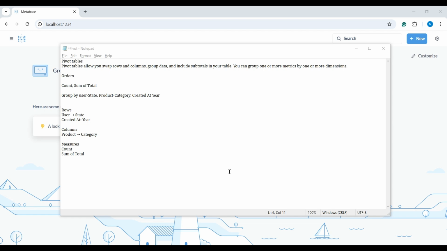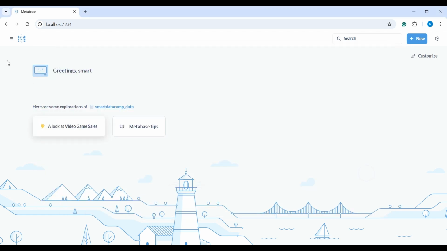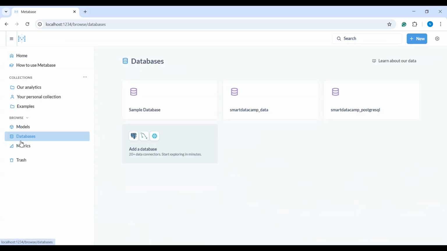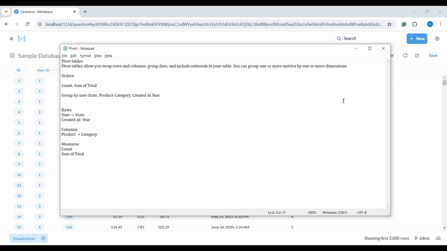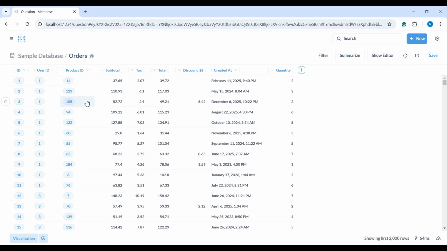So for that, we are going to use the sample database and the orders table. And we will group it with two more tables, that is product and users. So we will go to show editor,